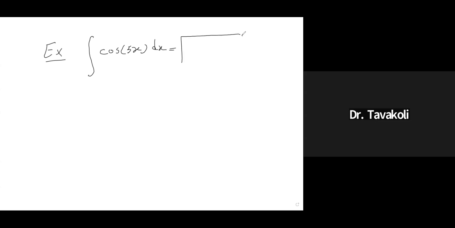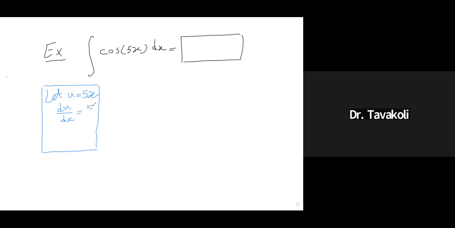If it was only cosine of x, that was much easier because antiderivative of cosine is sine. But here it's not cosine of just x, it's cosine of 5x. So we need a substitution here. And the substitution that we use here is u equals 5x. Now the derivative of u with respect to x